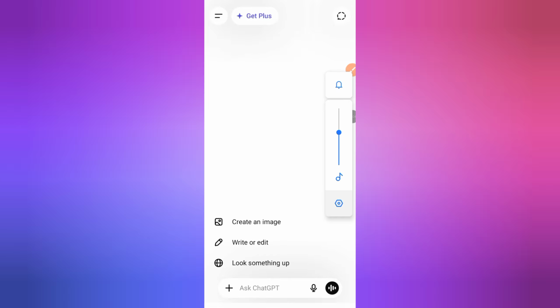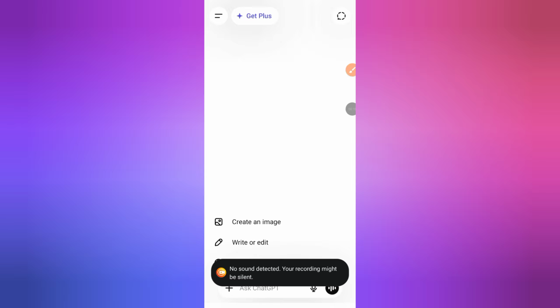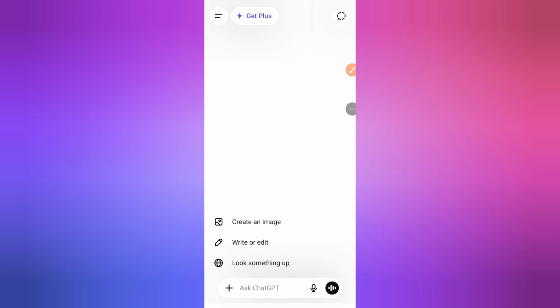How to get multiple ChatGPT accounts. 2026 full guide. Want to keep your personal and work ChatGPT completely separate? In 2026, there's a right way to do this, and I'm going to walk you through every working method step